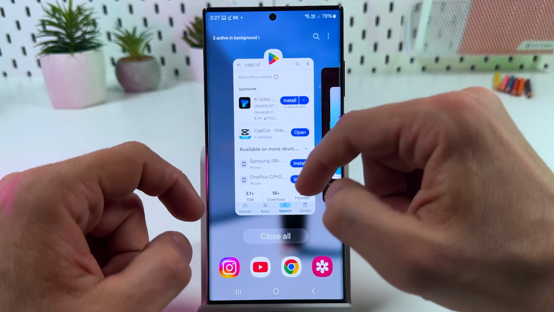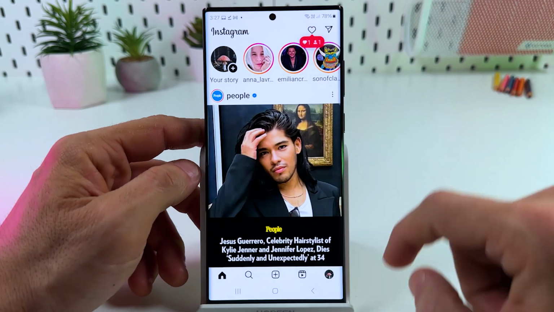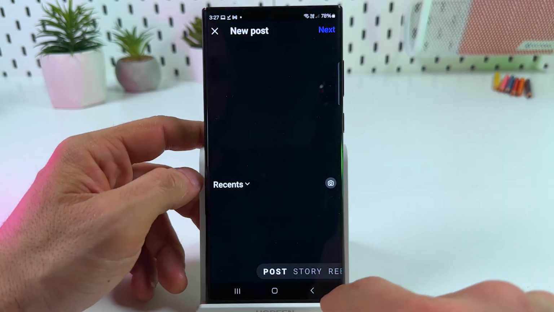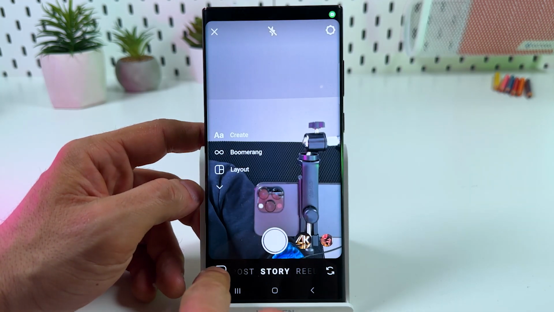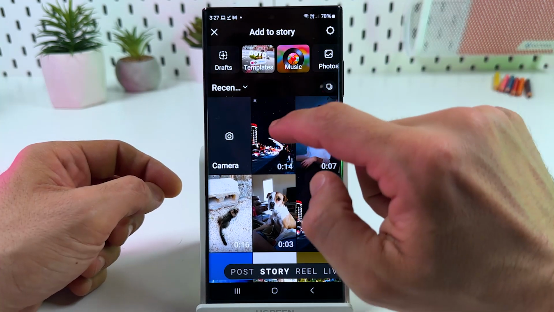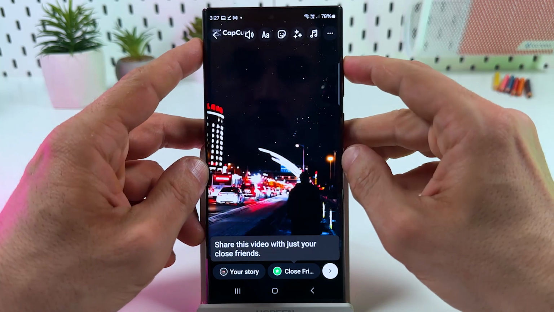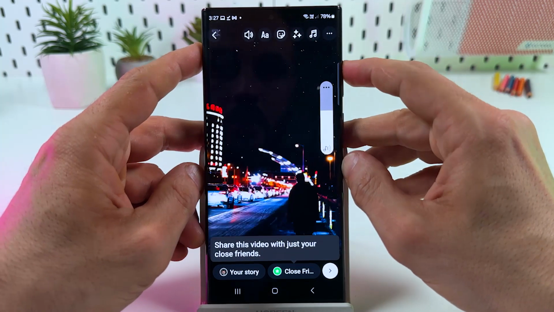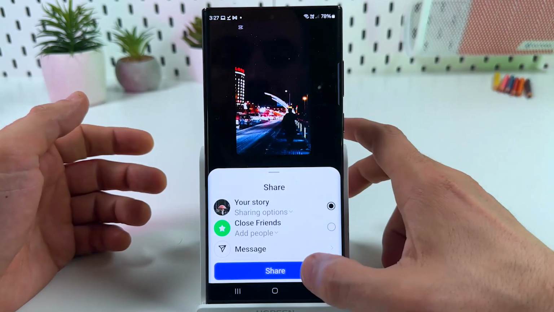Now you can close this application, close everything, and go back to your Instagram. Tap on the plus icon, add story, switch to gallery, this icon, and select your latest video just created with CapCut. Now you have your own track in your story. You just post this story,